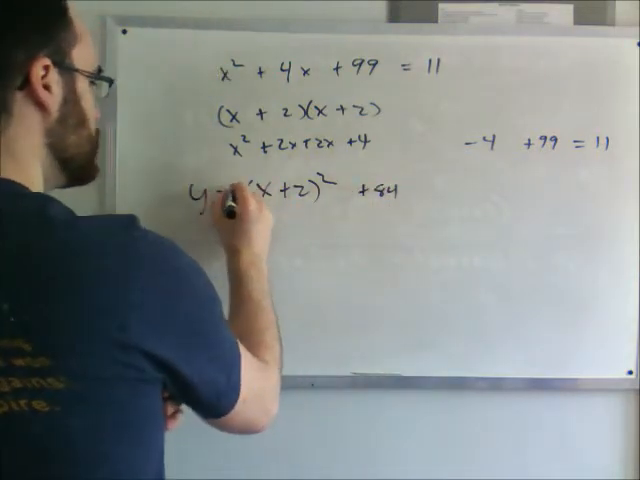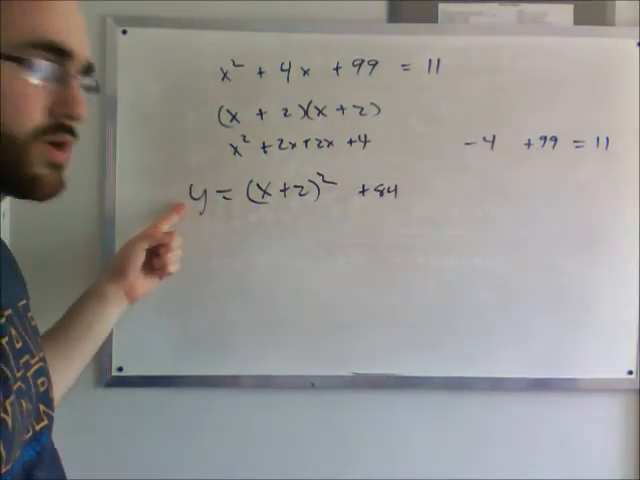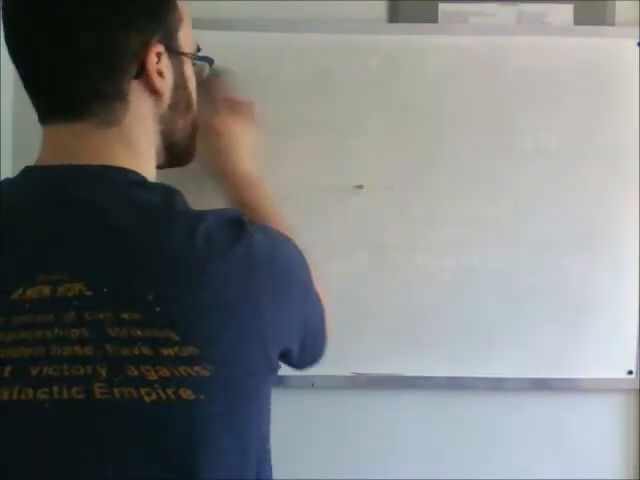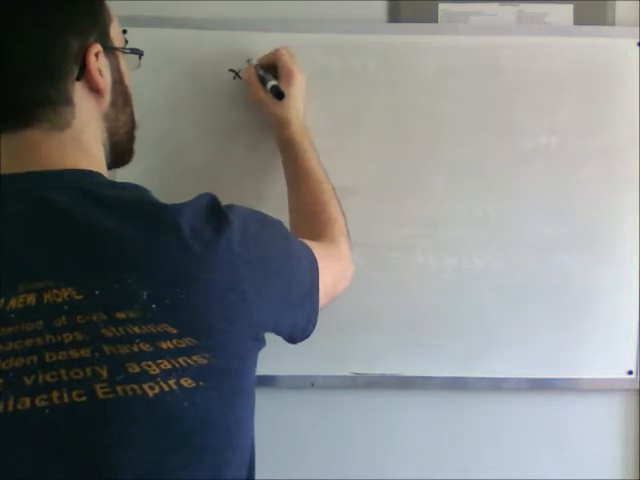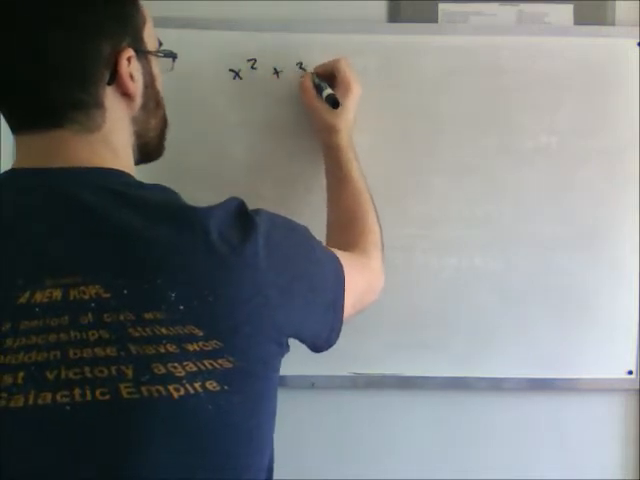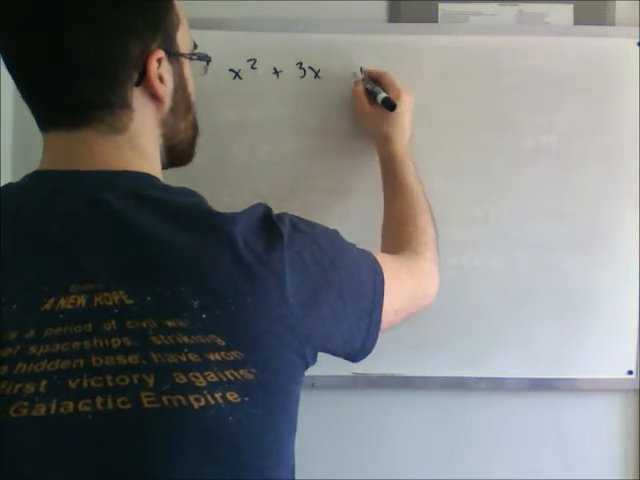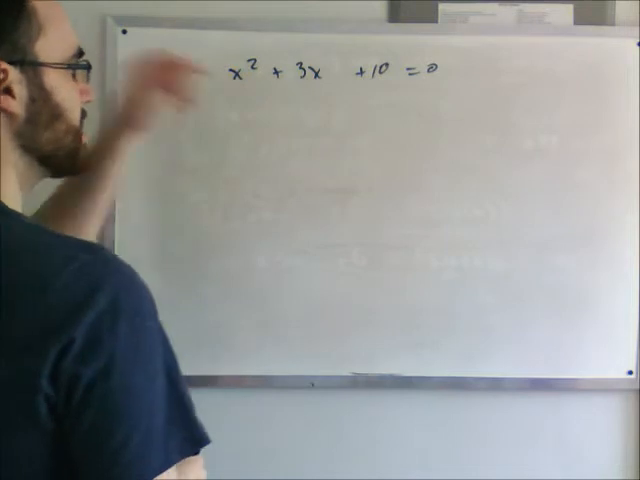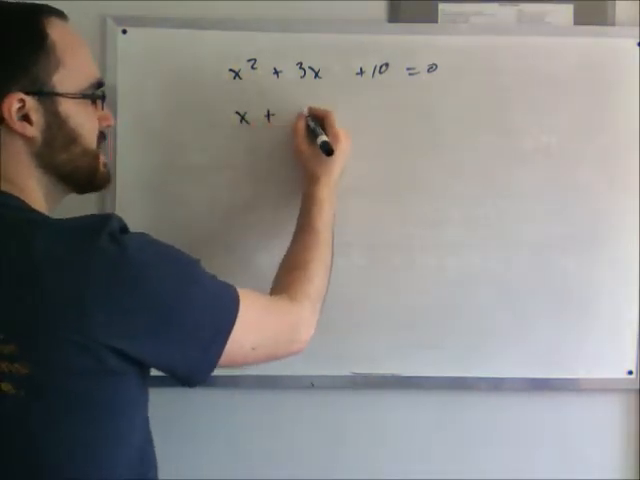The reason this is so useful is that now we've taken something like this and we can graph it easily as a quadratic. Let's try another one here then. So complete the square, let's try x squared plus 3x plus 10 equals 0, let's say. So here we've got something that's a little different. We want to have the same binomial each time. x plus 3